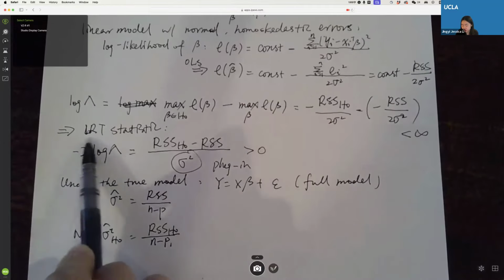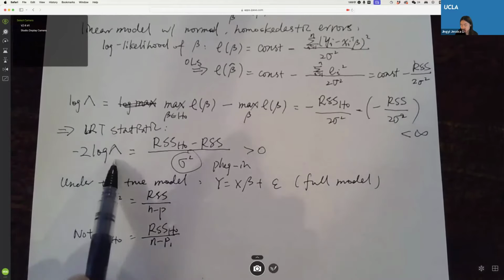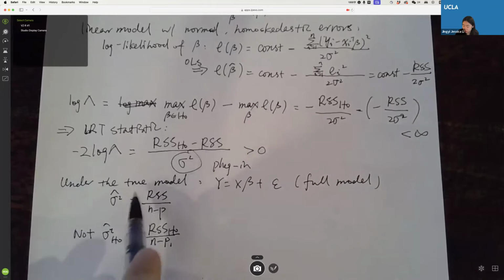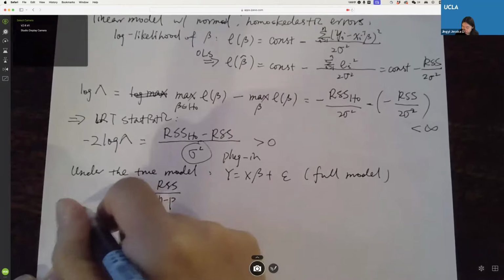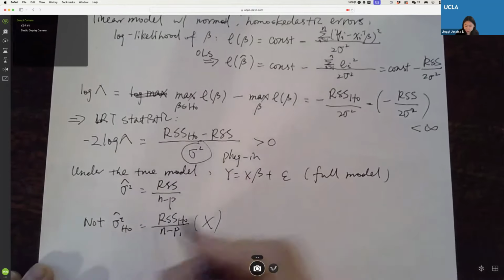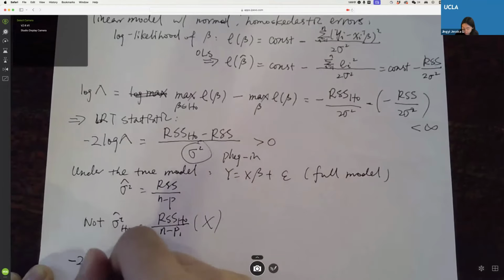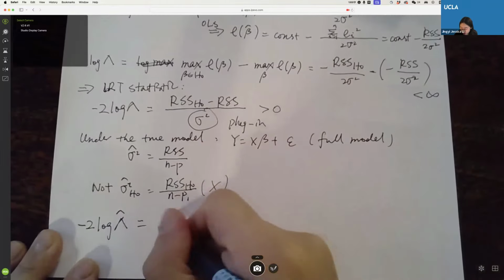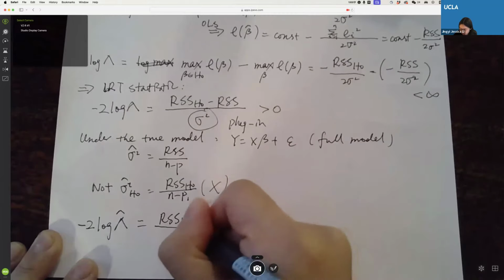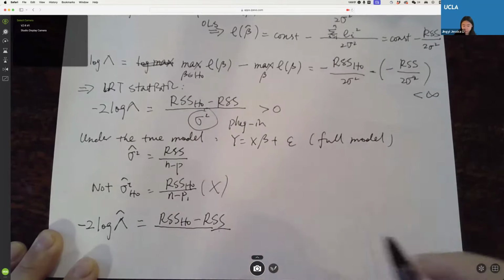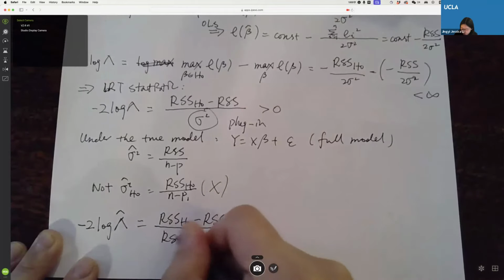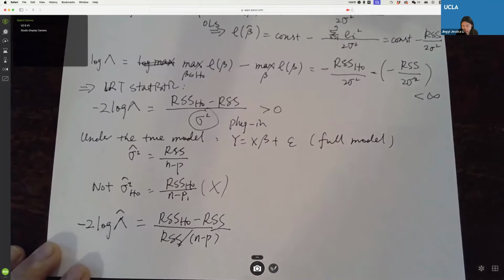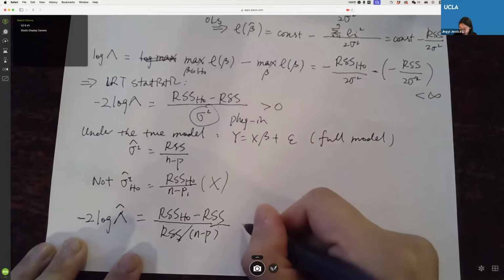Furthermore, we have to derive the theory. What is the null distribution for this statistic under the true model? So basically, we're deriving that null distribution under the true model. And so, I'll just cross out this, and I will say that we can show that this -2 log, I will put a hat here to mean that we plug in sigma hat squared, defined as RSS H0 minus RSS divided by RSS over n minus p. That's the denominator. So we can show that this would follow,